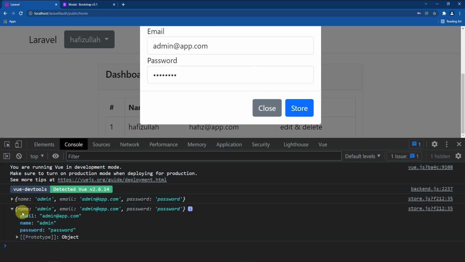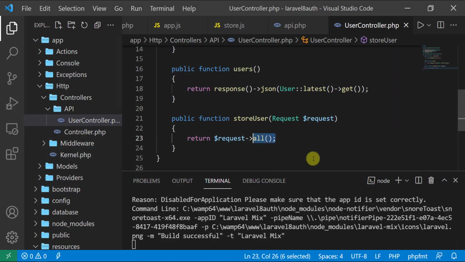As you guys can see, now it's working. We are returning the store data. So now let's save this data to the database. So let's get back to the text editor, and instead of this return request, what we can do is let's